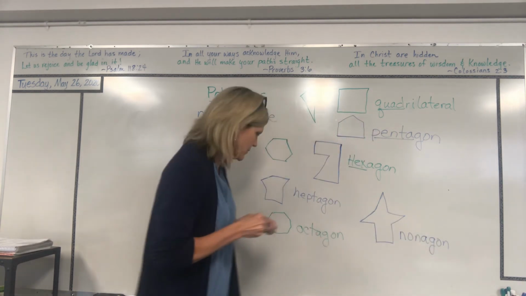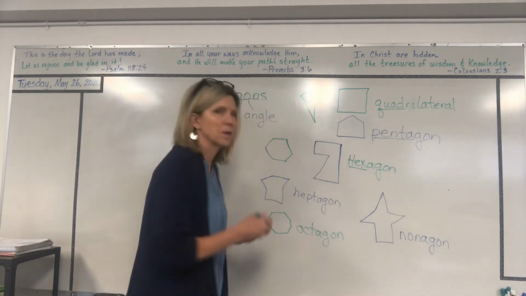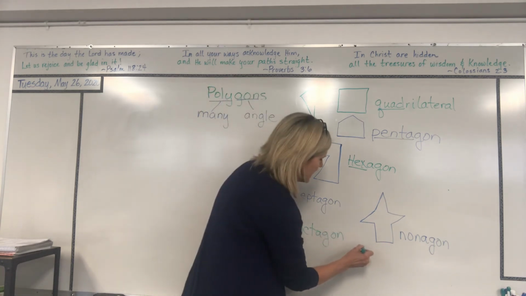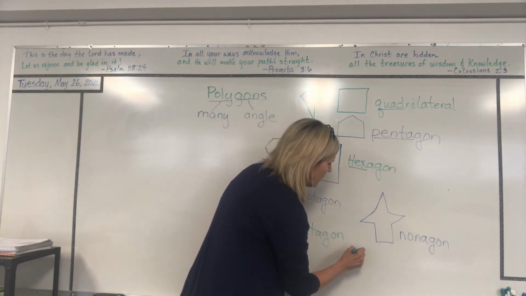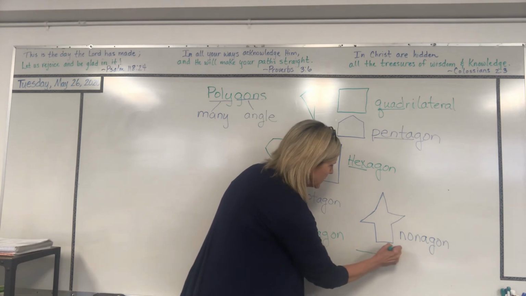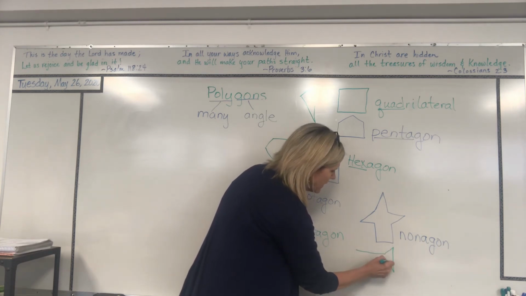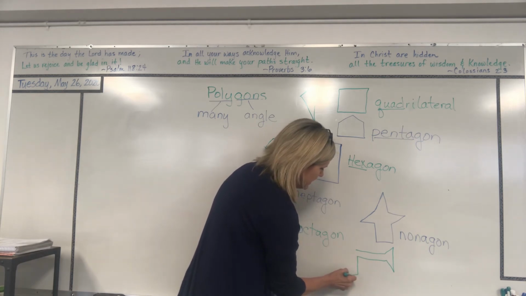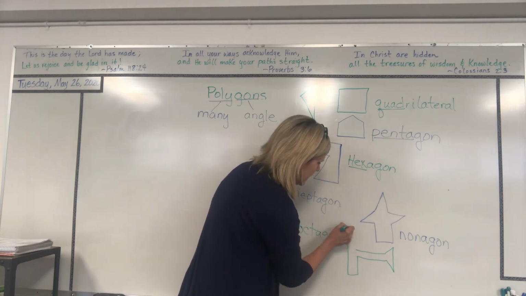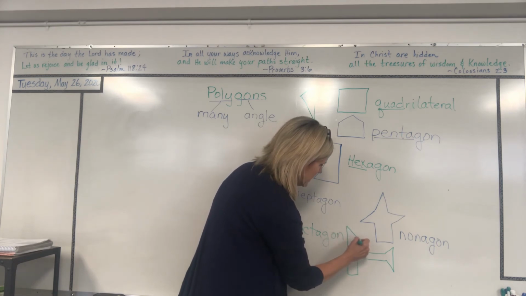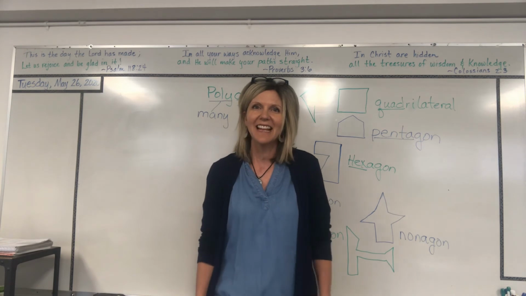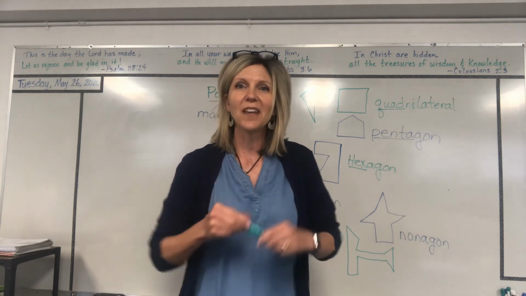And then the last one, I want to be done with our lesson here, is, I'm just going to draw, so 1, 2, 3, 4, 5, 6, 7, 8, 9, 10. Oh, that's fun. There's a polygon, and it's 10 sides. So that's called a